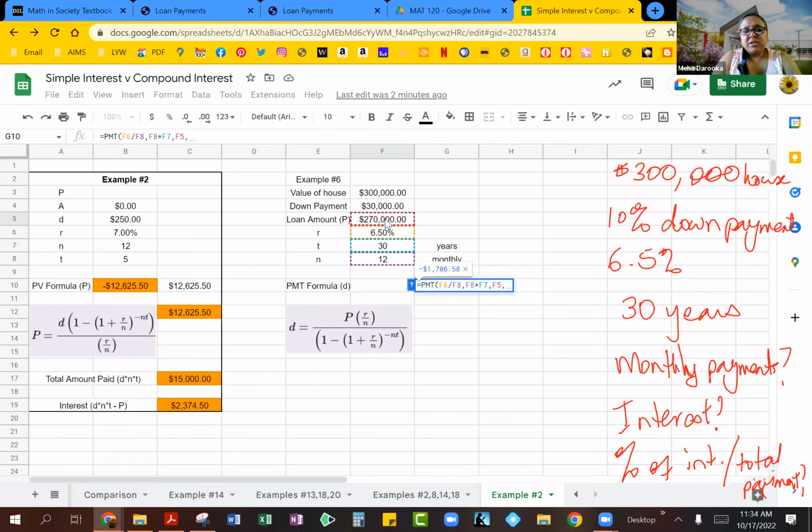And then our future value is going to be 0. Since I didn't create a space for it for now, I'm just going to type in a 0 over there. So that's how you're plugging in your arguments. As soon as you hit enter, it will tell you what your monthly payments are going to be. So this is going to be part A of your